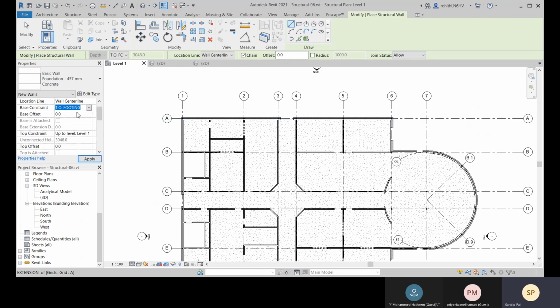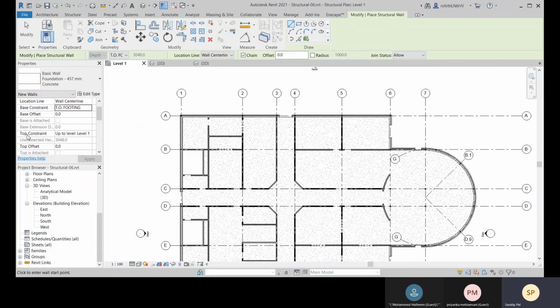There you can change the base constraint and the top constraint. It will be created from the top, and then it will go down to the base. You can see that the depth is locked right now. I'm currently in Level 1, and here the top constraint is Level 1.